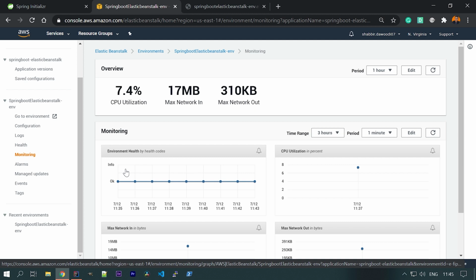Currently we did everything from the AWS UI. All of these things can be done with a CLI tool also. There is an Elastic Beanstalk CLI tool from AWS that you can use, and with its commands you can do all these operations. So this can be entirely automated via a CI/CD pipeline as well. You can check that out too.